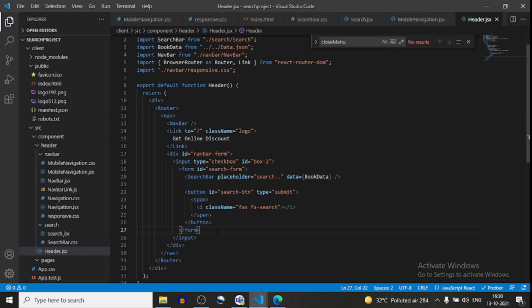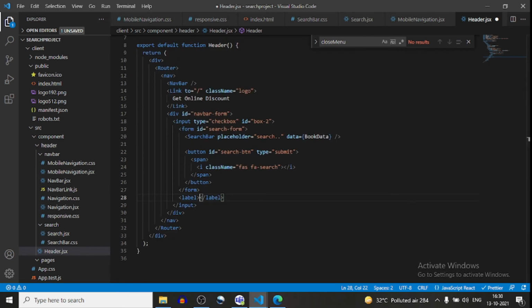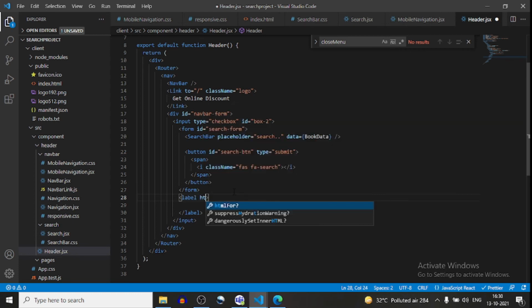Now I will create a label with htmlFor box2.